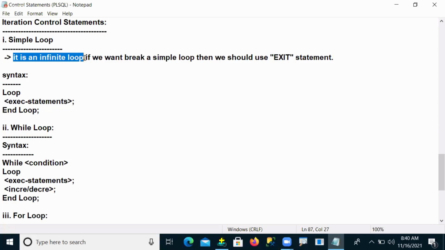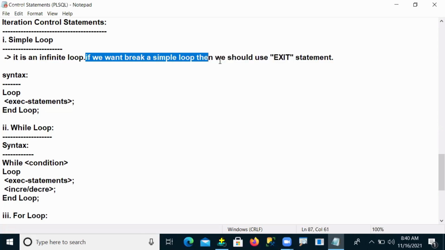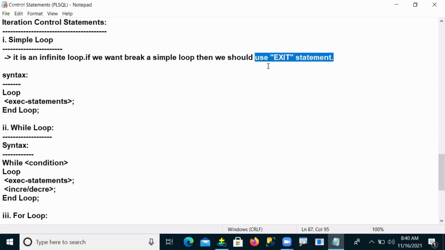It will be a continuous flow, executed infinity times. So the problem is there. That's why if we want to break a simple loop statement, we must use an exit statement. How to use the exit statement, I will show you in the examples. Don't worry, one by one I will explain along with programs also.